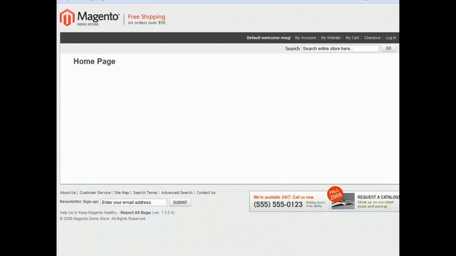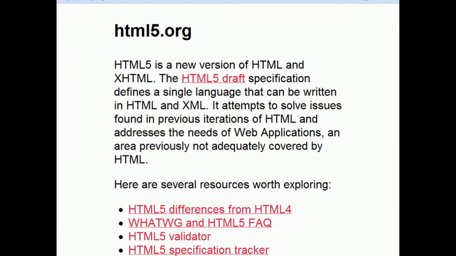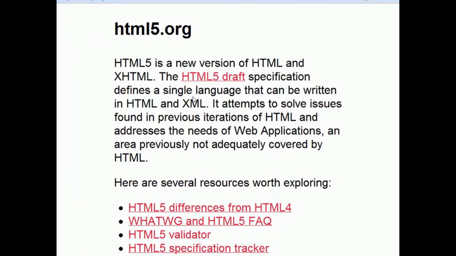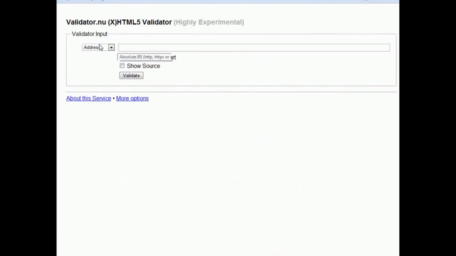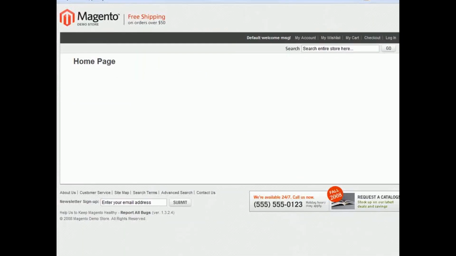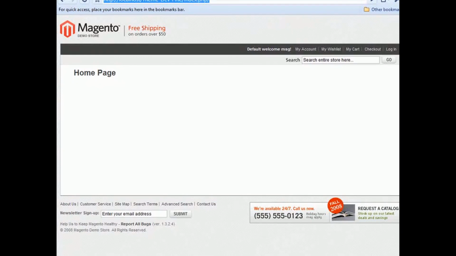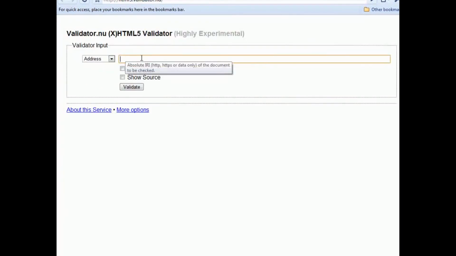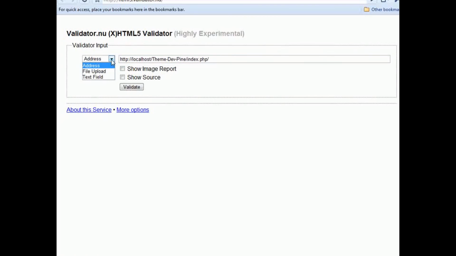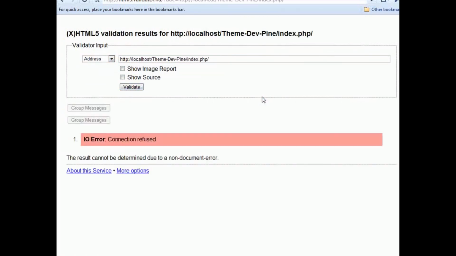Of course, now that I've switched over the document type for my HTML and for my Magento theme to HTML5, I need to make sure that I'm still valid. So I went over to html5.org, and there's a few things that you can do here, but I'm going to go ahead and link to this validator. Now, this validator is out there in the internet world. If I just grab the URL, and I'll show you that I'm just grabbing the URL here, but if I just grab that URL and I run it out to the validator like this, and I put it in there, and I go ahead and I validate,